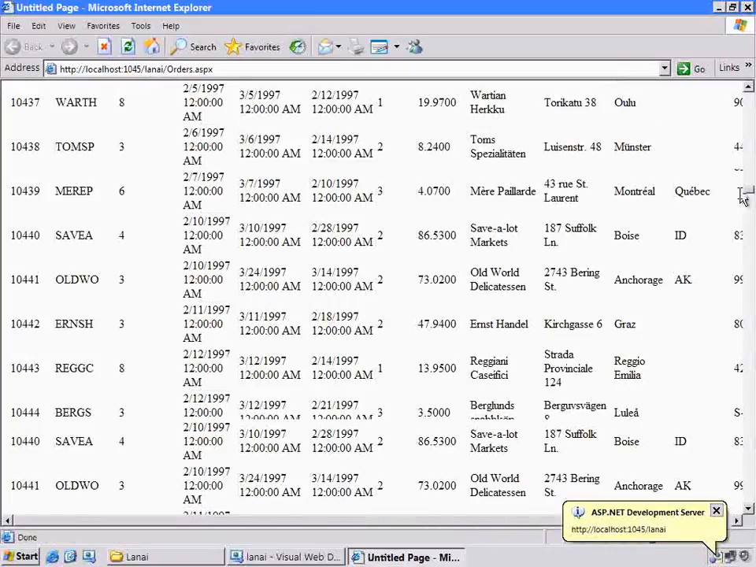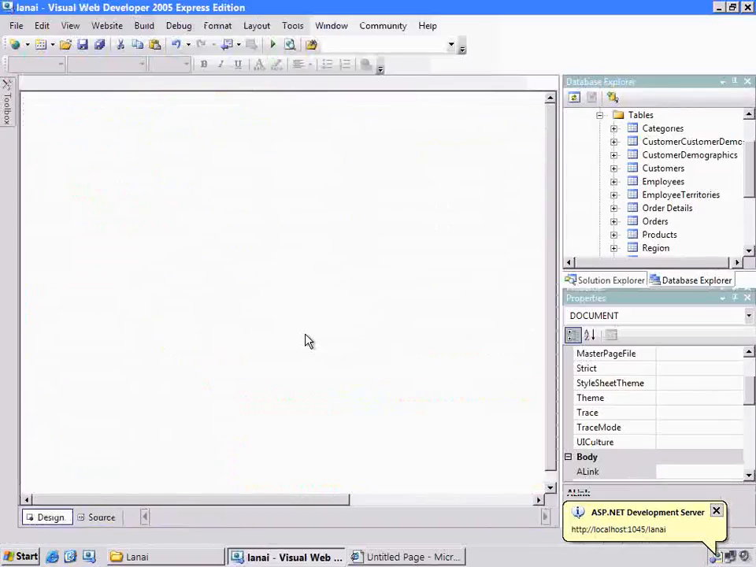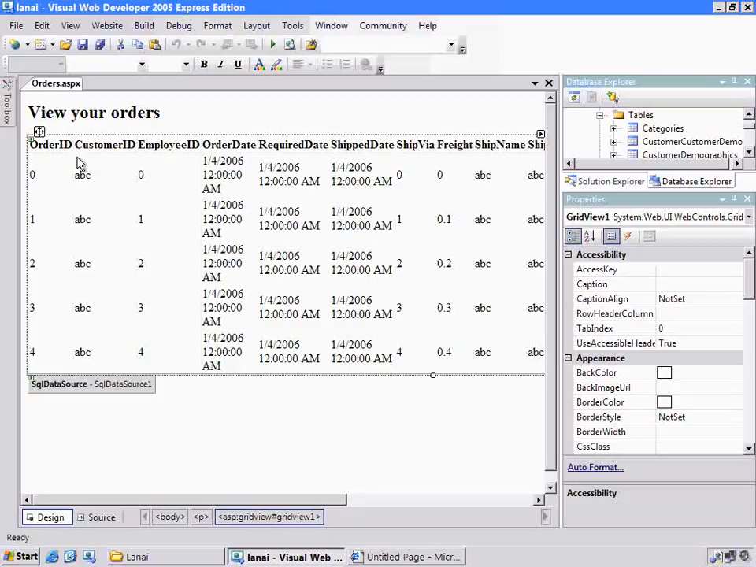Now this is way too much. It's showing, first of all, every customer and every order, and it's way too wide. So let me make a few changes to it. If we switch back to the design mode, you can see that when I drag the table onto the page,